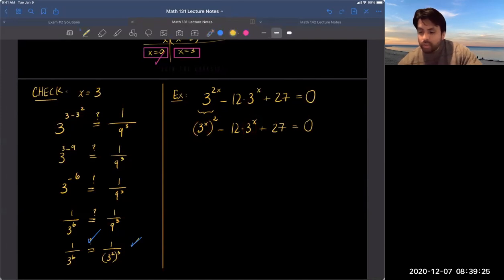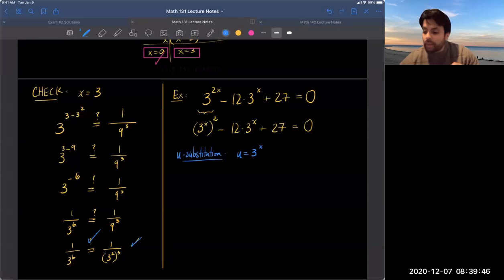So then look, this is a technique that we do. We use a u substitution. So what if we say our u substitution is that u is equal to 3 to the x. So wherever you see 3 to the x, you rewrite that with u. So what if I have u instead? This will be u squared minus 12 times u